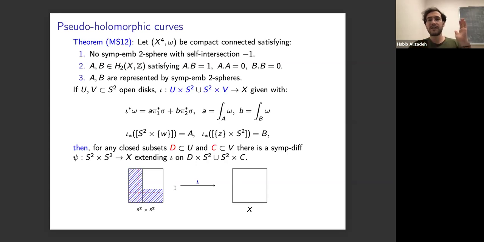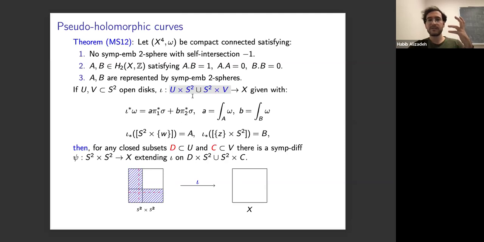It has 2 homology classes A and B that are kind of orthogonal, meaning that the intersection of A and B is 1, and the self-intersection of A and B is 0. And let's also assume that A and B are represented by symplectically embedded two-spheres. And now, if I'm given a symplectic embedding of this domain, which is drawn in this figure by the blue dashed area, into X,